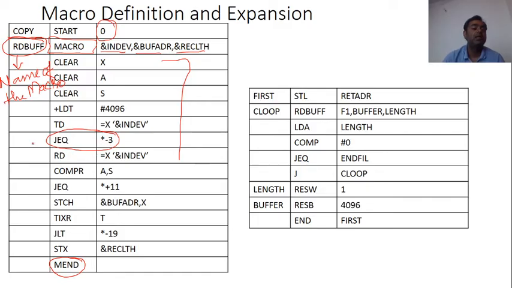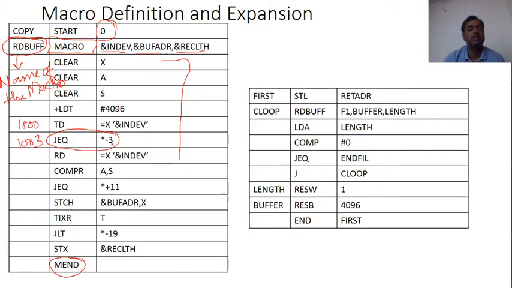Asterisk means the current address. Suppose that the current address is 1003. Then 1003 minus 3 becomes 1000, and suppose that the 1000 address is this one. Then our control will go there, because you can see the statement is JEQ, jump if equal. If it is equal, then our control will go to the 1000 address, this one. Here I am not writing the label.